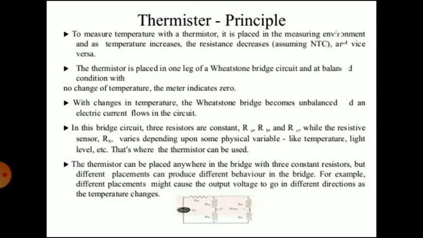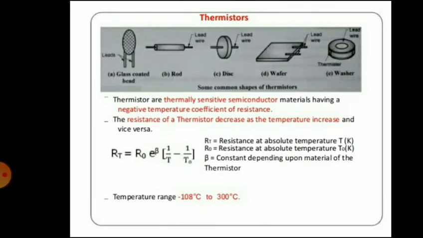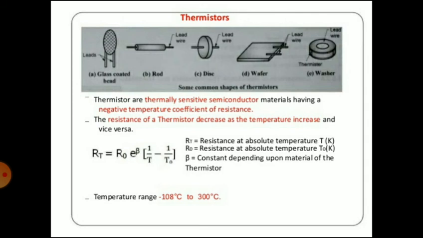They are available in a variety of sizes and shapes. The thermistors may be in the form of beads, rods and discs. You can see in a diagram. A thermistor in the form of a bead is smallest in size, and the bead may have a diameter of 0.015 mm to 1.25 mm. Beads may be sealed in the tips of solid glass rods to form probes, which may be easier to mount than the beads.